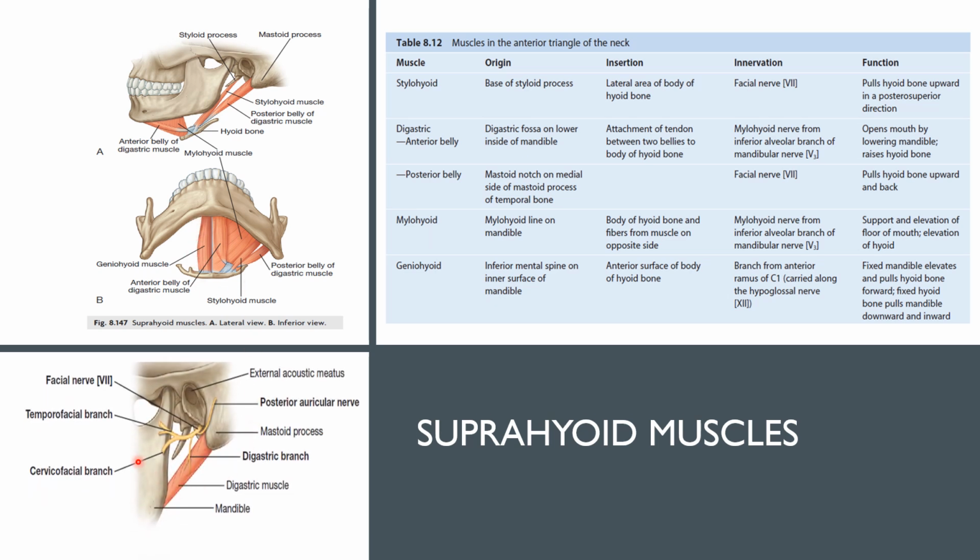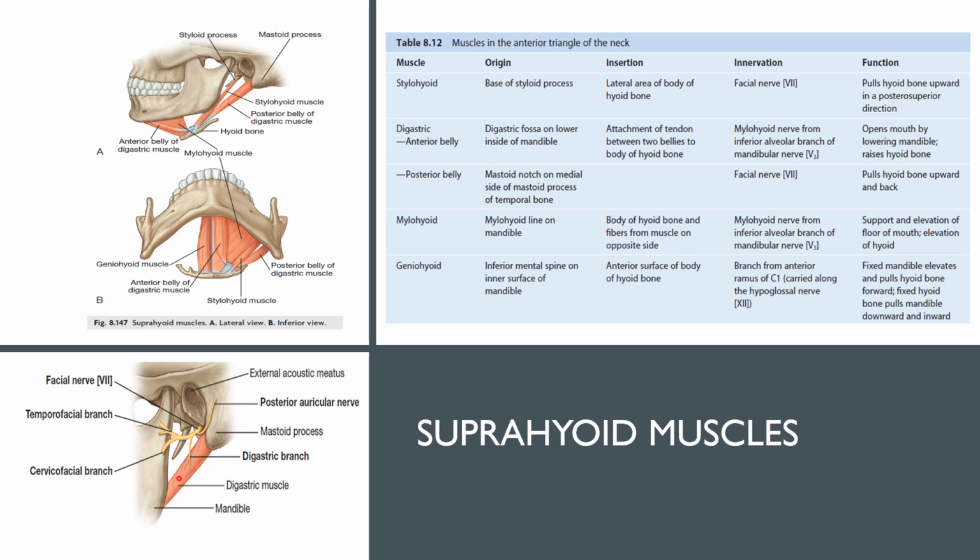And I want also to draw your attention to this nerve, which is the facial nerve. And if you remember, when we talk about the foramina, we said that we have stylomastoid foramen. So this is styloid process and this is mastoid process. Between them, there is a foramen called stylomastoid foramen. Through this foramen exit the facial nerve, the seventh cranial nerve, and as you see here, it gives muscular branch